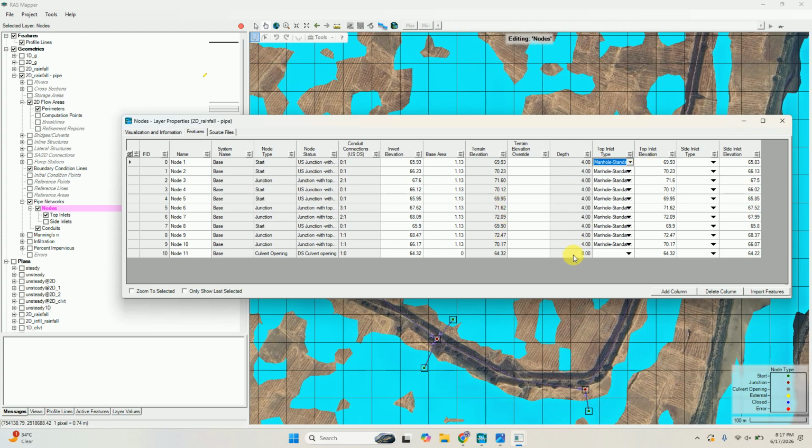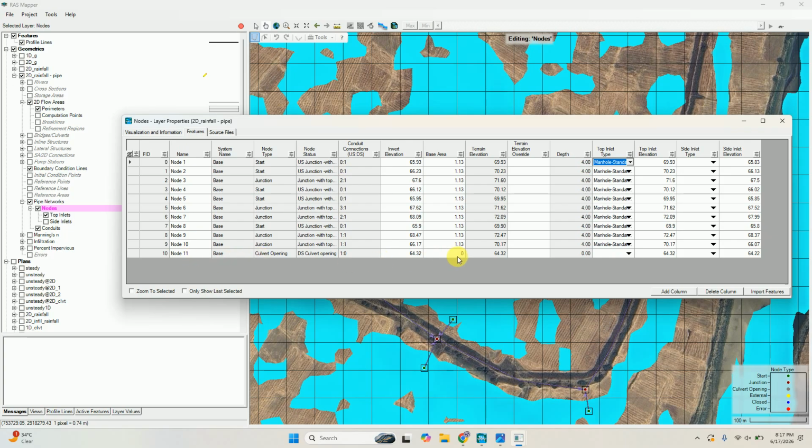Okay, depth, here you will find zero depth. Here you will find base area zero. Why have I given 0 here and 0 here and nothing in top inlet? Because this is culvert opening, this is culvert opening, this is culvert opening. This last one, node 11, is our outfall. So in outfall we have to give culvert opening.